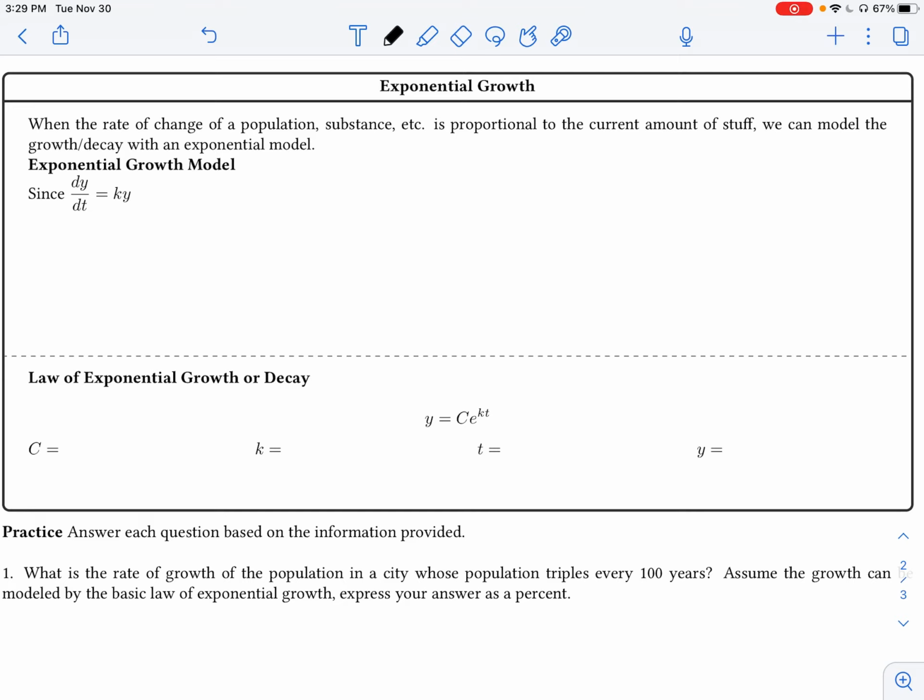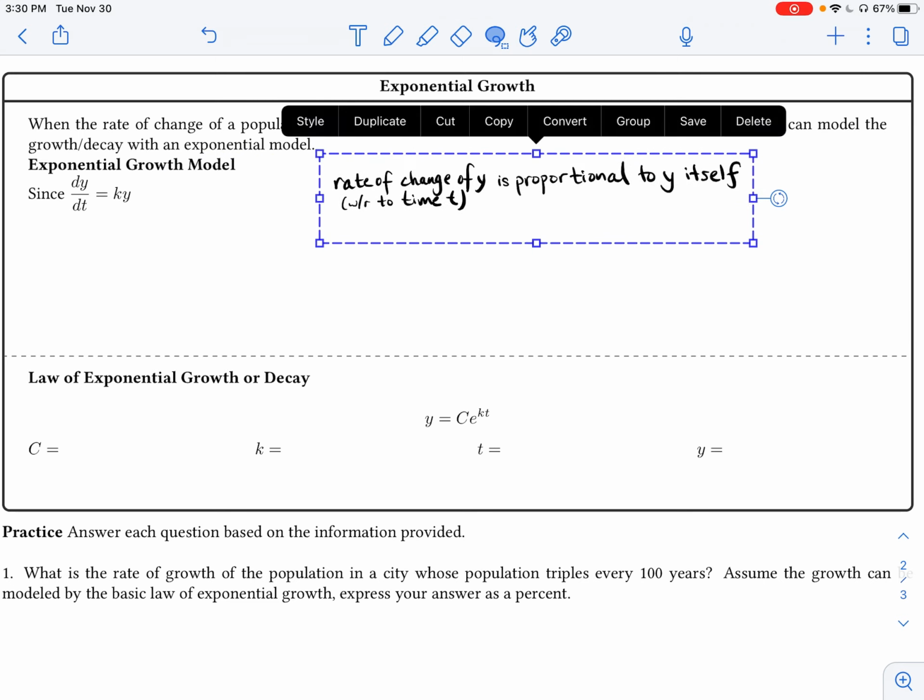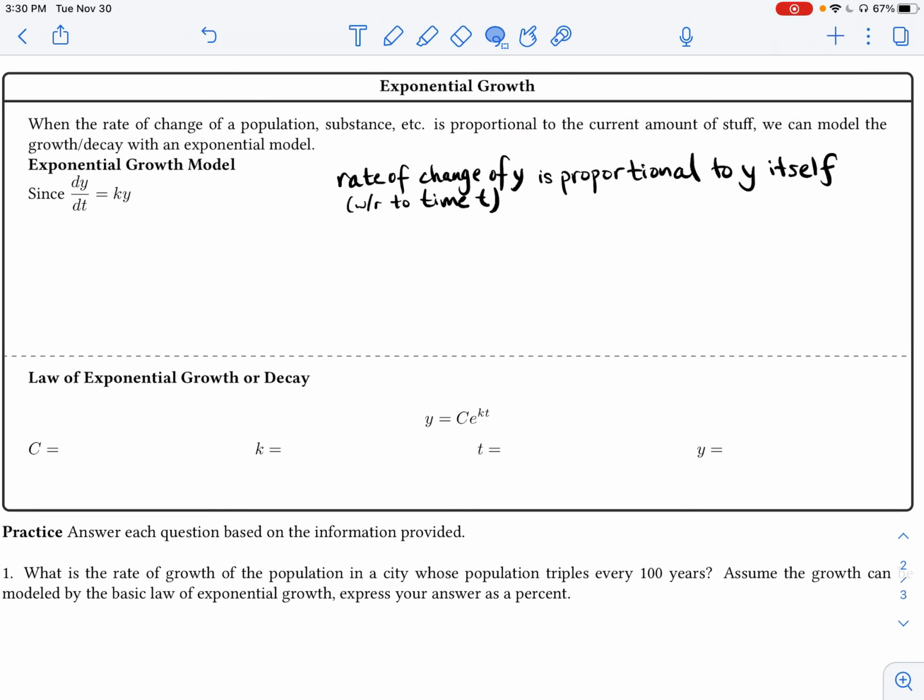So let's think about what we're saying here. We're saying that the rate of change of y is proportional to y itself, okay? And another way of stating that same thing is that the rate at which y is changing is proportional, or that is to say, it's equal to the constant of proportionality, times the amount of stuff y that you have at time t,